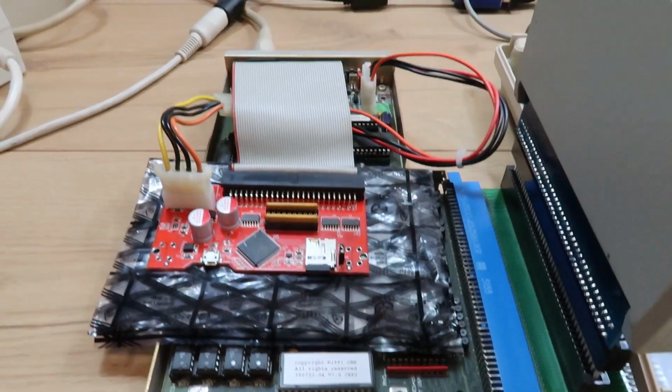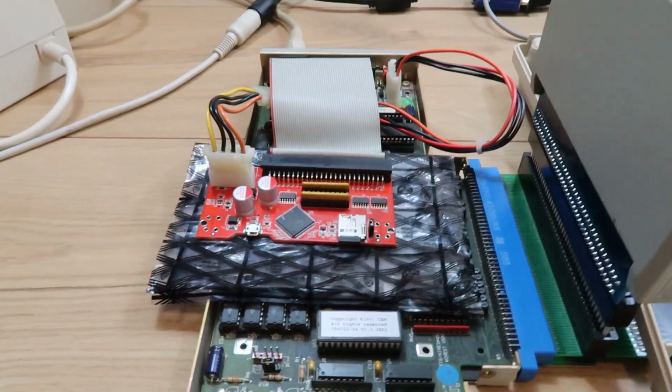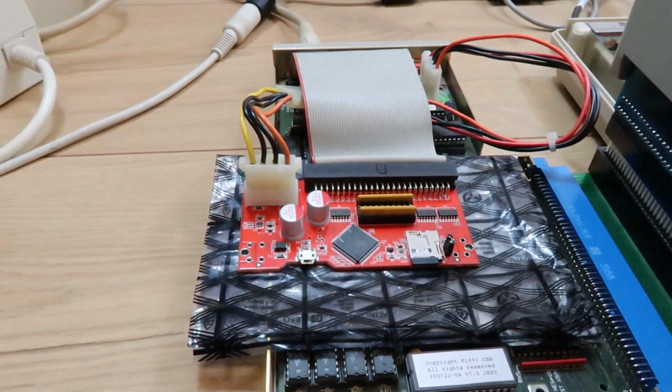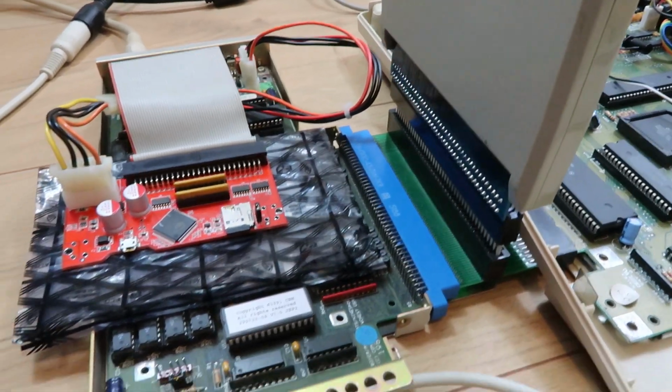Obviously if you like the noises of the hard drive, then you might not like these, but it's just easier to work with. So I had a bit of trouble getting that up and running. I may do a video on that, I may not, I'm not sure yet. It was really more a case of not knowing what I was doing, because a lot of the